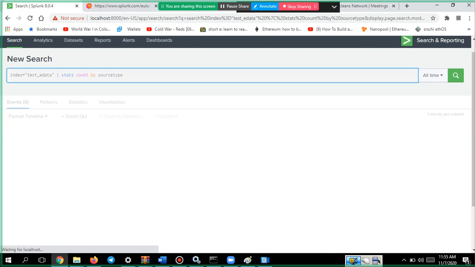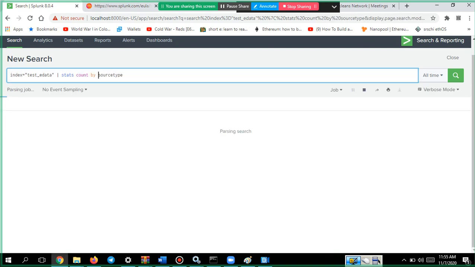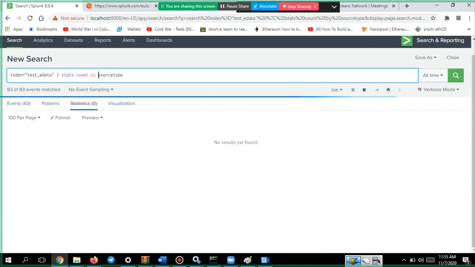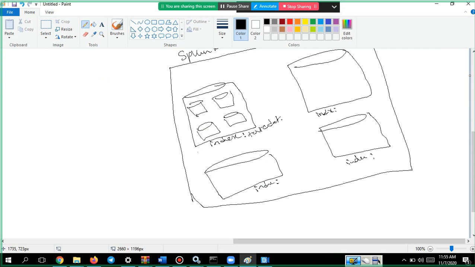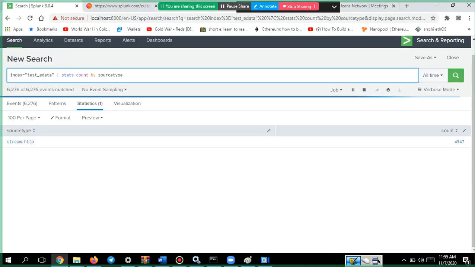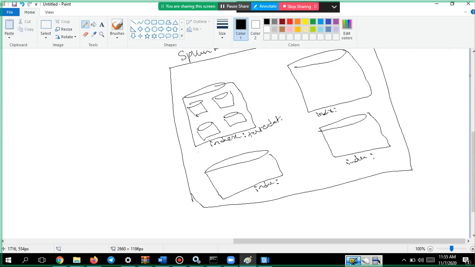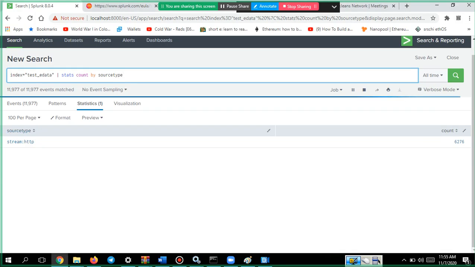I will explain all these commands later, but for today I just want to make sure you are aware of what is meant by Splunk index, source type, and how you are getting the logs. I just want to make sure you are comfortable, at least as a pictorial representation. So let's wait for a second.